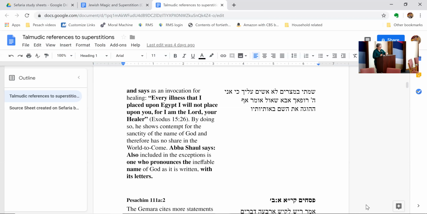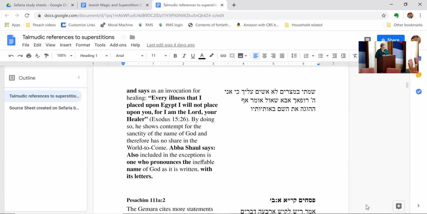I got caught up in reading like 6 pages of Talmud in translation. I can't read 6 pages of Talmud in the original in the time that I had, but 6 pages where it was just example after example of these things you mustn't do. As we get into it, I pulled out just a couple to give you an example of the kind of conversation they're having, and the level of detail they get into about how not to accidentally get caught up in some of these practices. So,